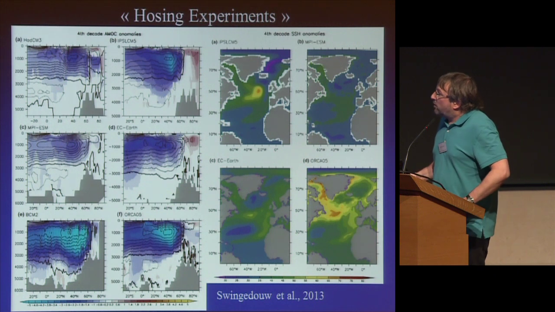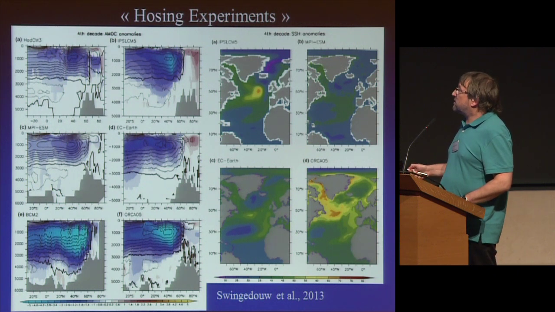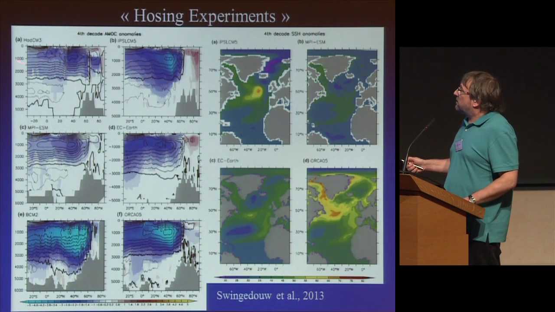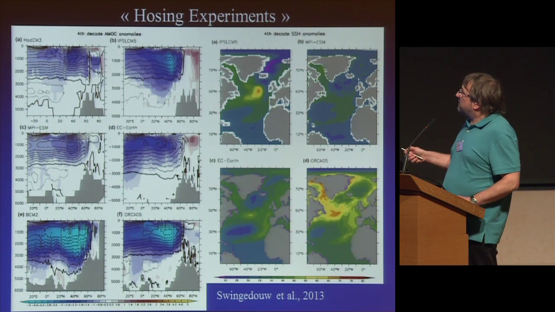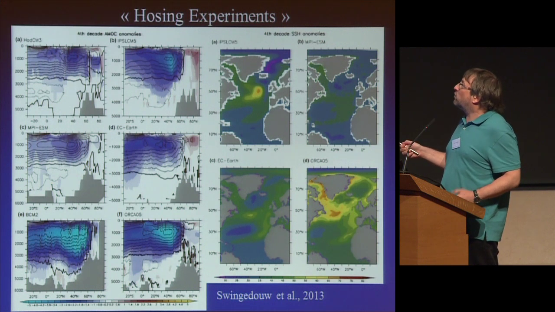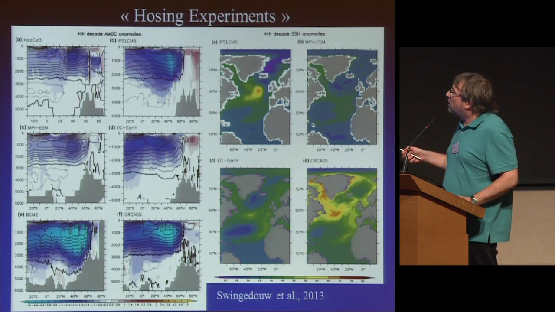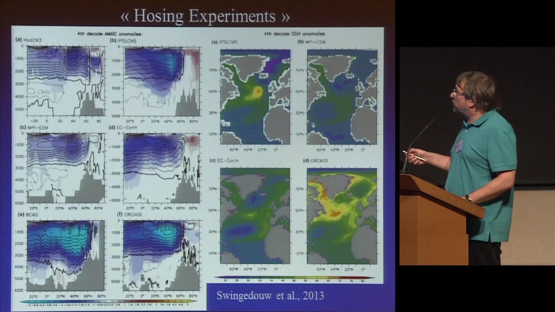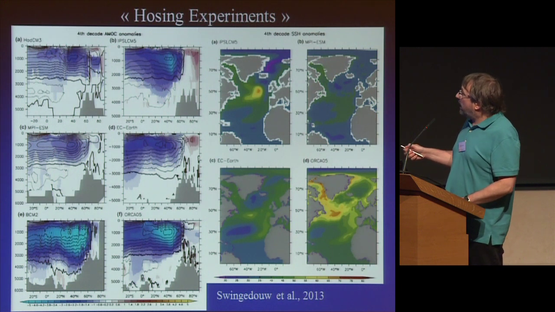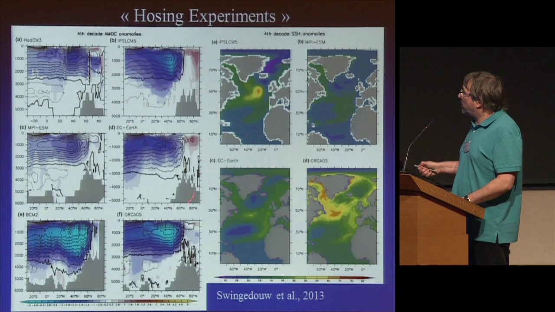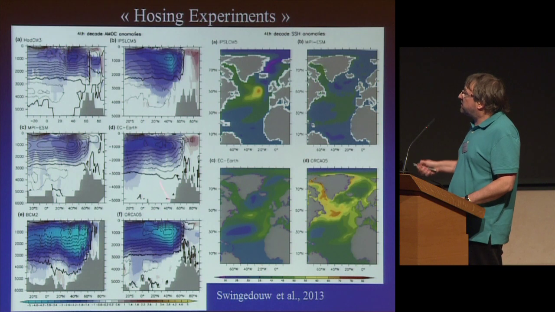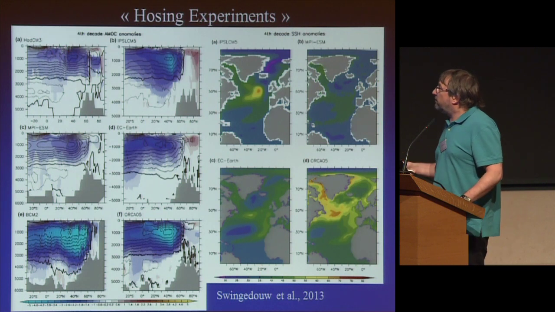There has been a similar experiment conducted by Didier Swingedouw, not far from here, using 6 different models. And you can see here the impact of a hosing experiment, which is 4 times what we had. He took 0.1 sverdrup as a freshwater forcing around Greenland. And what you see is that every model seems to have the same response, different in intensity, which is the slowdown of the meridional overturning cell.